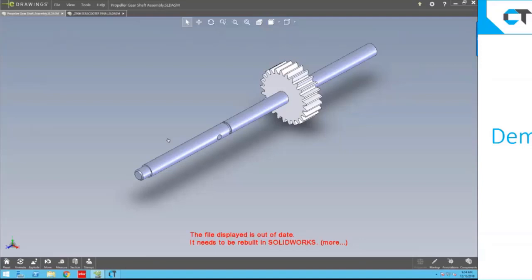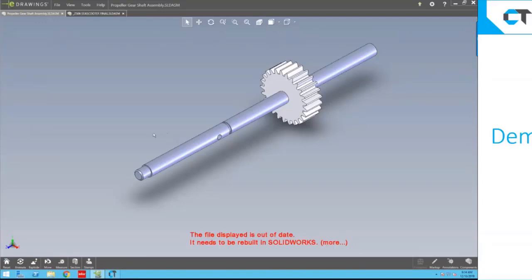Today, I'm actually going to demonstrate one CAD system. We actually work with all major CAD systems on the market. Today, I'm actually just going to demonstrate Solidworks. The actual use of the software is very much the same, regardless of what CAD system you're using. So we'll actually start off with a very simple part here. This is gear shaft assembly, just a two-part assembly. I like to start off with that because it really makes it simple to understand and easy to follow what's happening. This is all new for you.